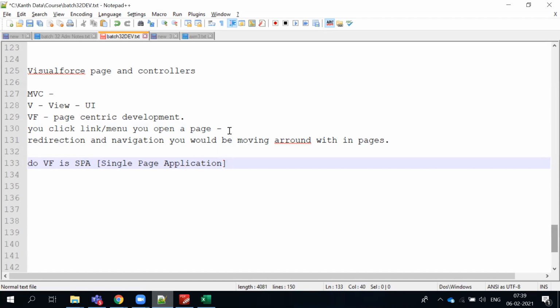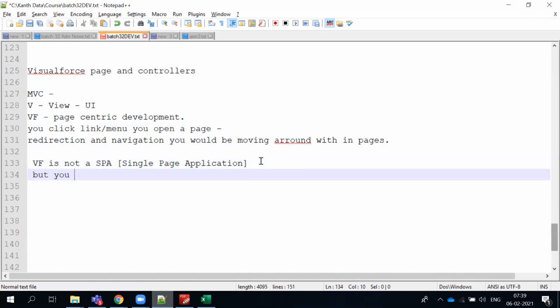But using frameworks or other JS libraries they can do it. So Visualforce alone cannot be a SPA. VF is not a SPA,